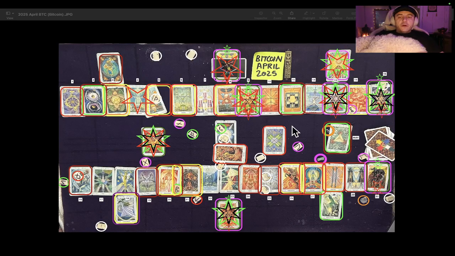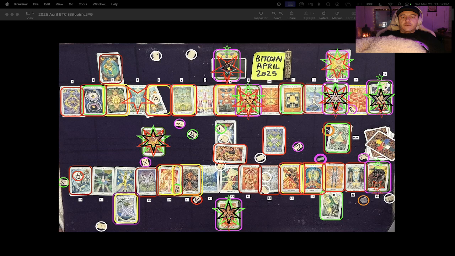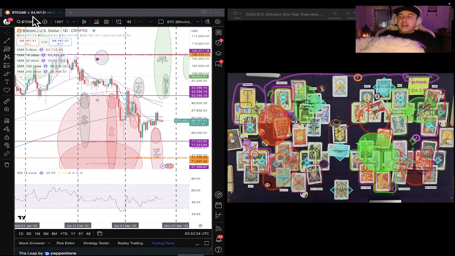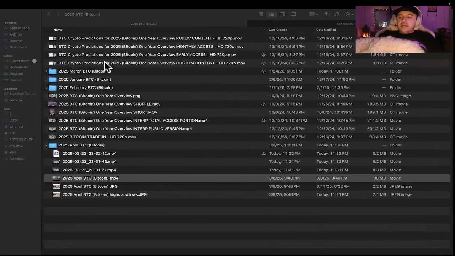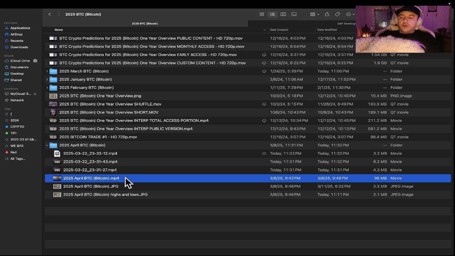This is the Bitcoin 1 month overview reading for the month of April 2025. It's currently March 22nd, 2025, 11:32 p.m. Eastern Time. Bitcoin at the time of this reading is $84,167.33. That's USD. And the shuffle video for the April reading for Bitcoin was created on March 8th, 2025 at